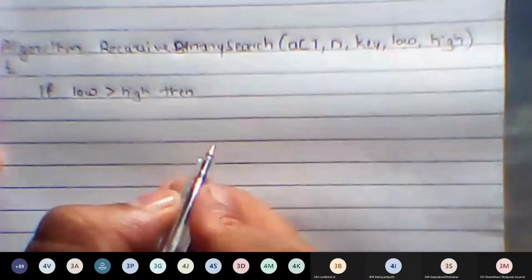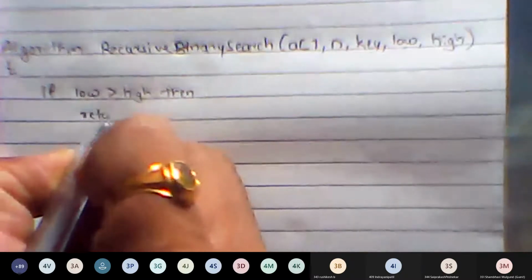To write the condition, we will put: if low is greater than high, then we need not search further because the key element is not present in the array. So we can simply write a statement as return a negative number. We will represent it as -1.